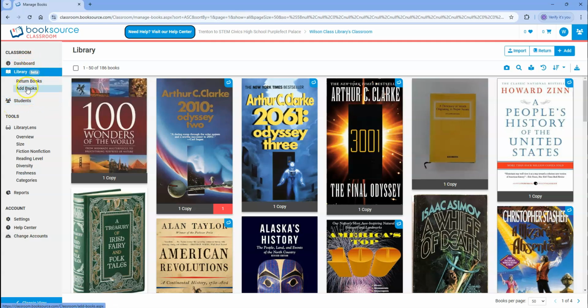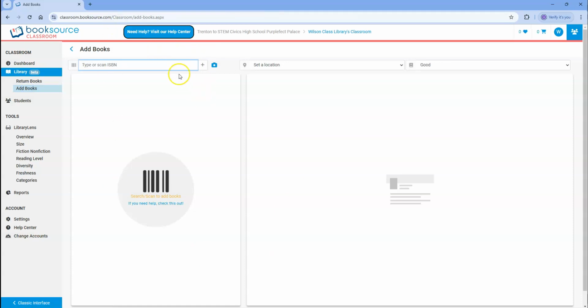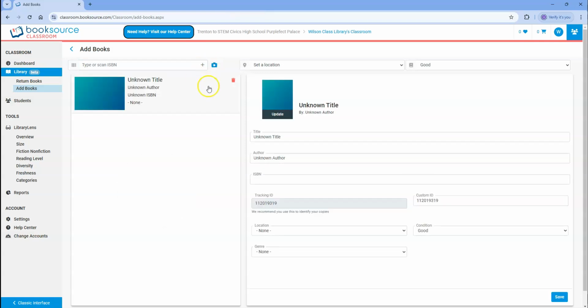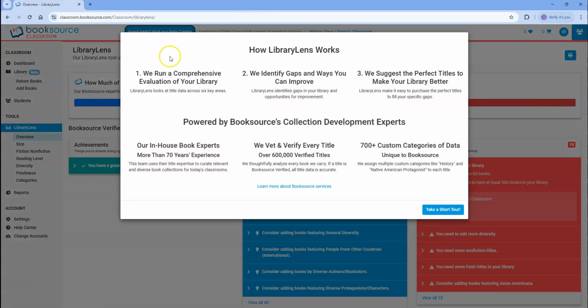And I can add books very easily. I can either type in the ISBN number, I can scan the ISBN on the back, or if it doesn't have an ISBN, because I do have some much older books, I can just click this add button and add each of these things in. And it will even allow you to add in a photo if it doesn't automatically connect, which it sometimes does. Now, if I go to Library Lens,